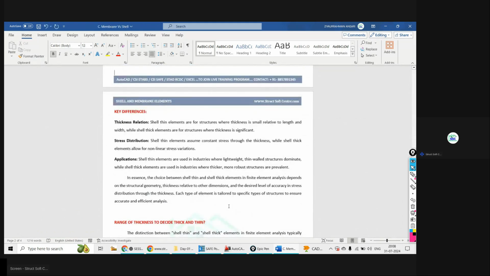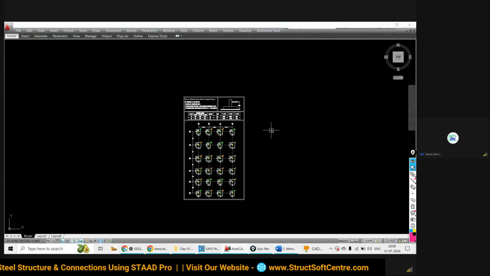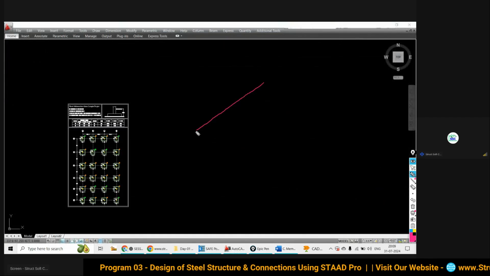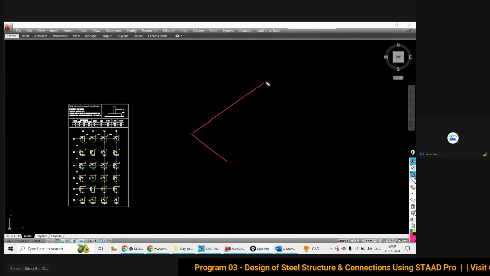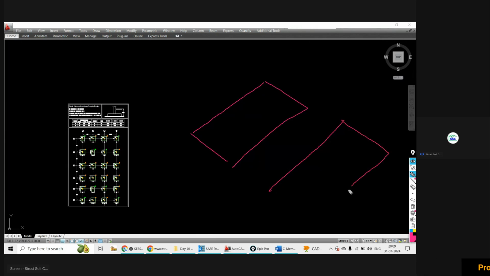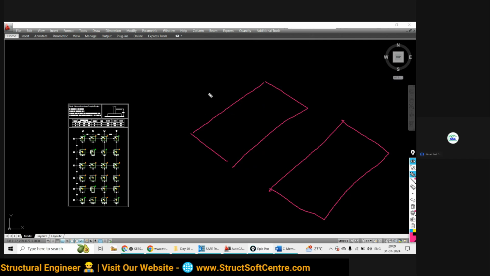Okay, firstly try to understand shell thin and shell element and membrane element. If you are going to talk about the area element, suppose I am going to take two elements. This is the slab and this is the slab. We are going to consider it as an area element.